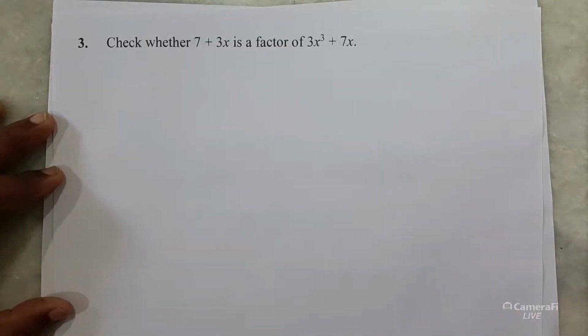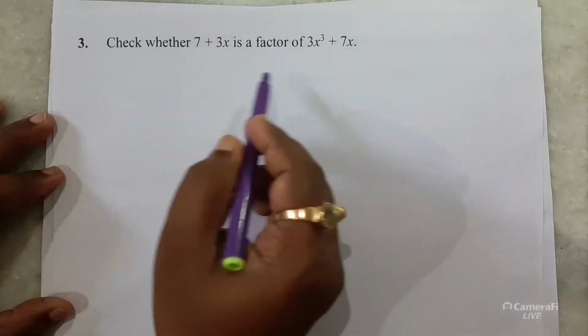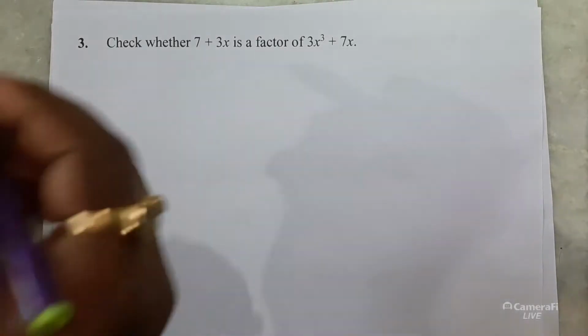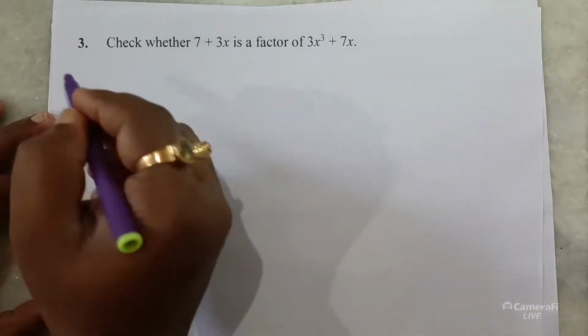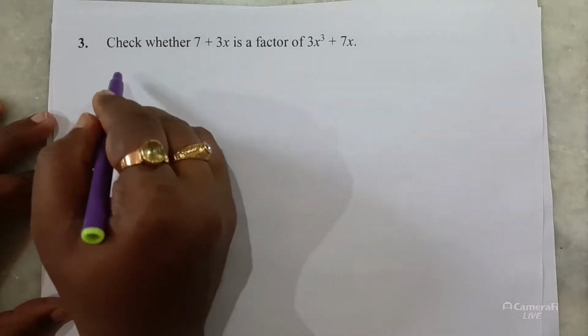Only then you can do that. You can say that there is no remainder, means it will be a factor. Okay, so let's see, we have to write that